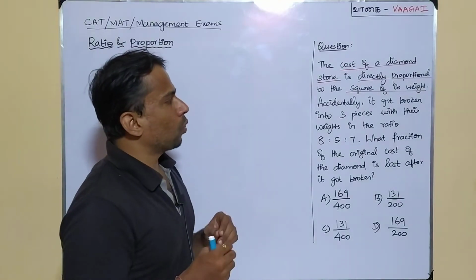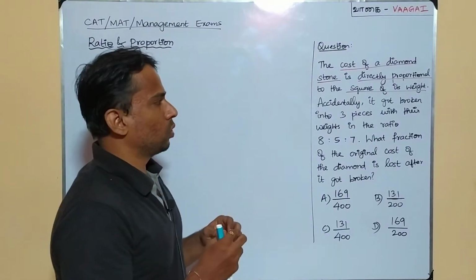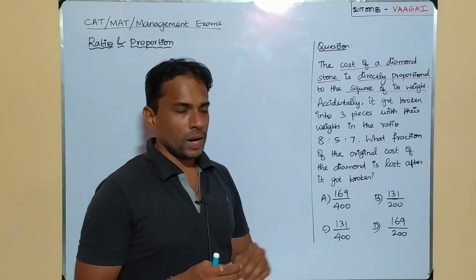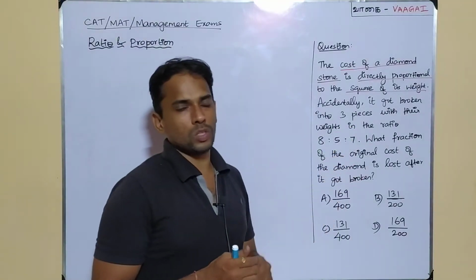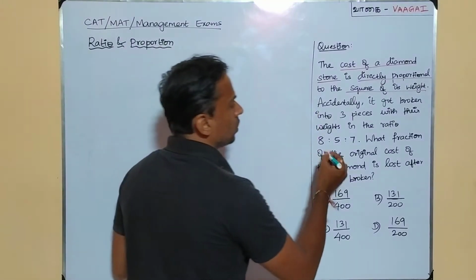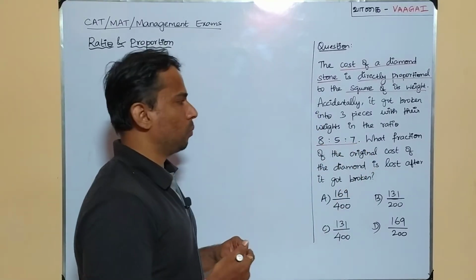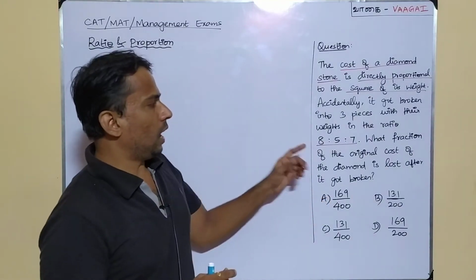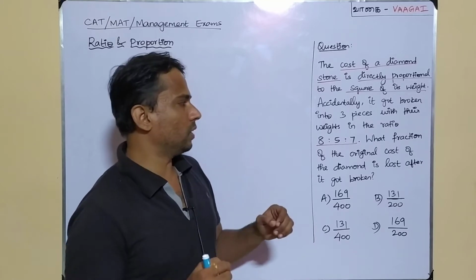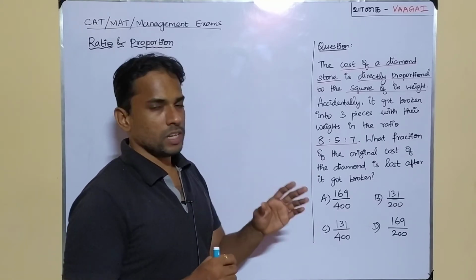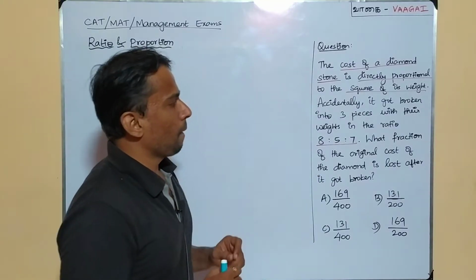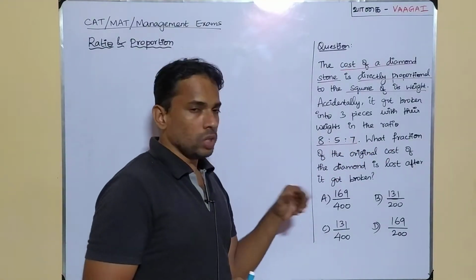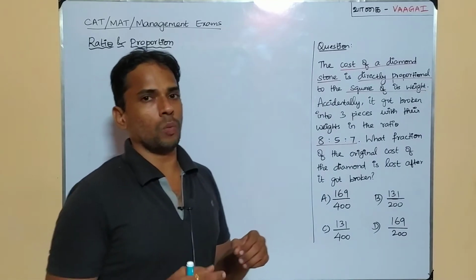Accidentally it got broken into three pieces. So the stone is broken into three pieces with their weights in the ratio 8:5:7. It fell down and broke into three pieces, and the ratio of their weights is given as 8:5:7. What we are asked to find is what fraction of the original cost of the diamond. Before it is broken,